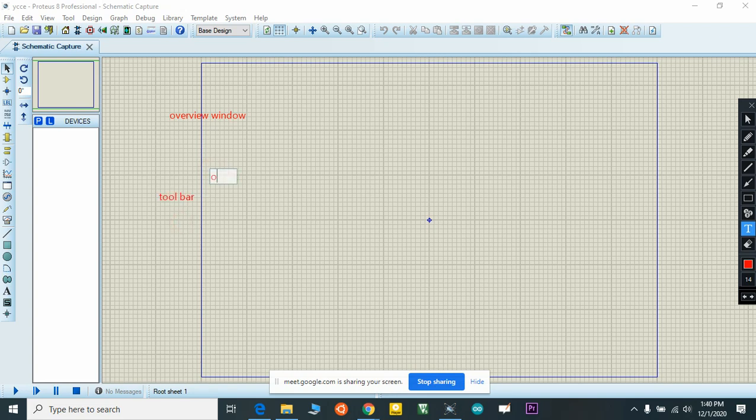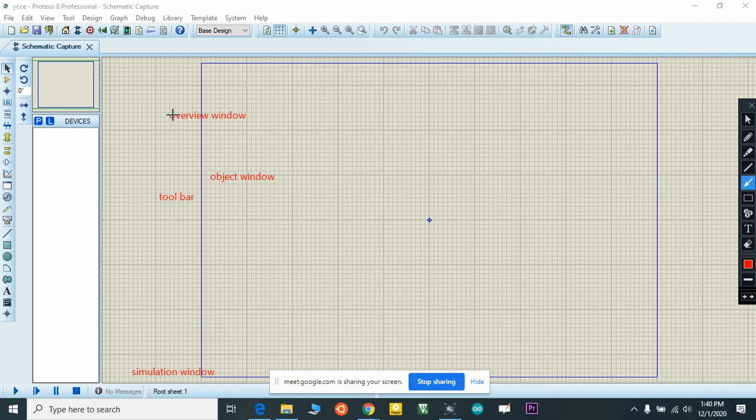Then the object window. Simulation window. Okay, then this is our work area, this square circle, this is our work area.